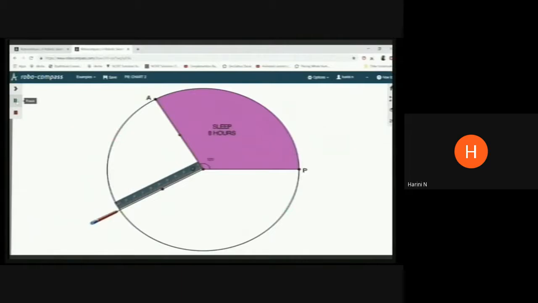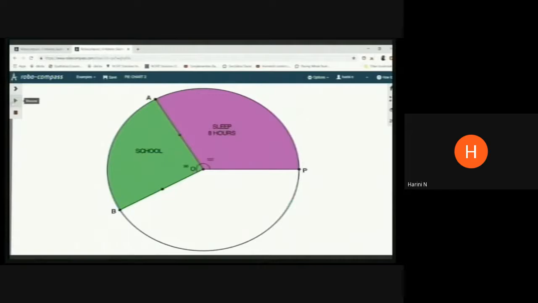Once my 90 degrees is ready, the third radius has come now. OP was there, OA is there, and now I have the next one, which is OB. So the central angle is 90, corresponding to the activity of school time, which is 6 hours, labeled as school time, and it is the second sector. Can you see? The sleep is definitely bigger than the school, because sleep hours was 8, whereas the school hours were only 6. So that is why I said the area of the sector corresponds to the amount of fraction allocated for a particular activity. This is the real comparison when you draw a pie chart.